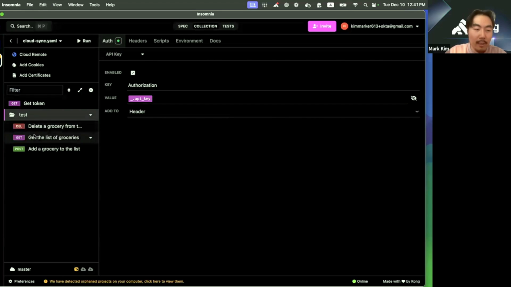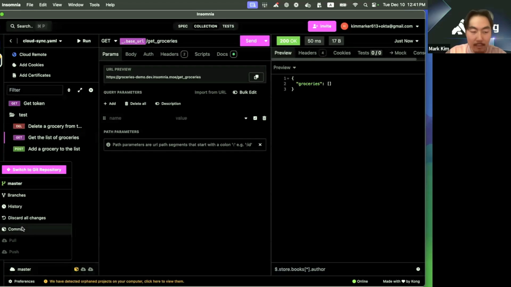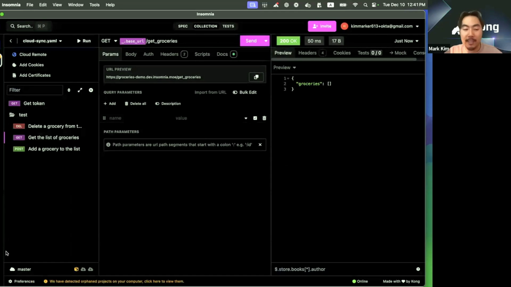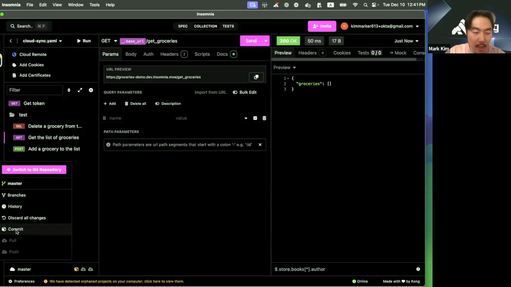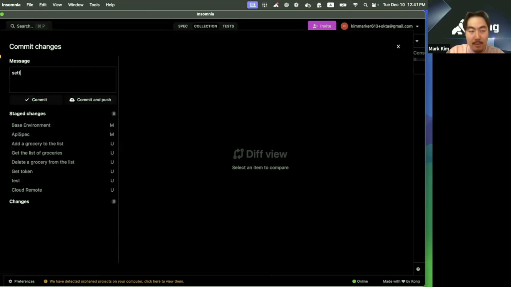So now when I click the send button, it will be 200. So now I can basically do the same thing. Here we have exactly the same view as the Git Sync interface. I'm going to click commit and stage all the changes, setting up the initial repo, and I can click commit and